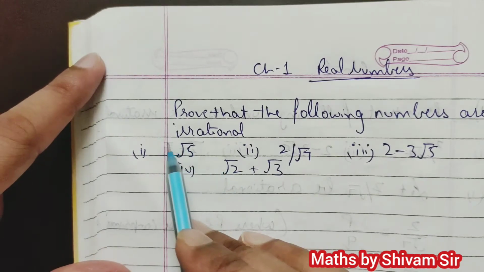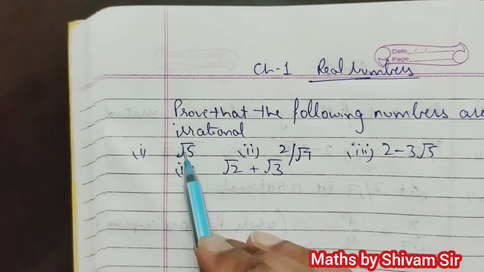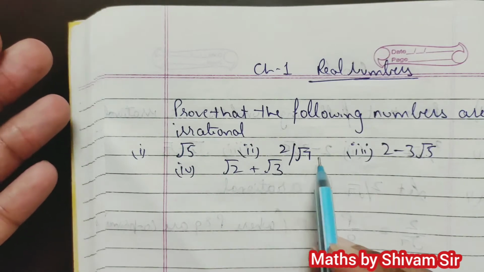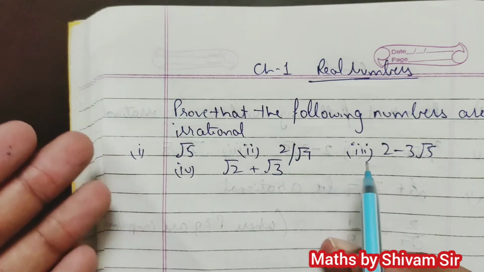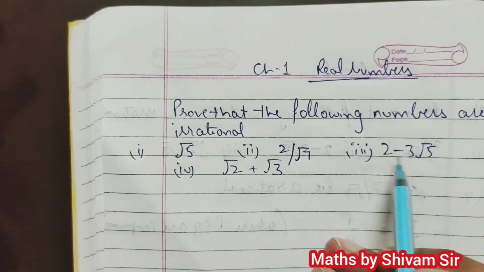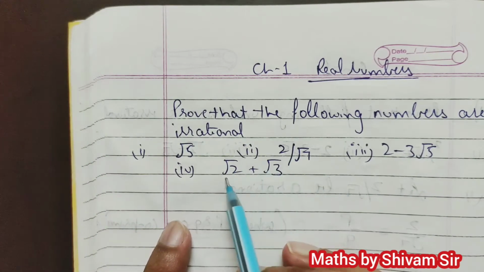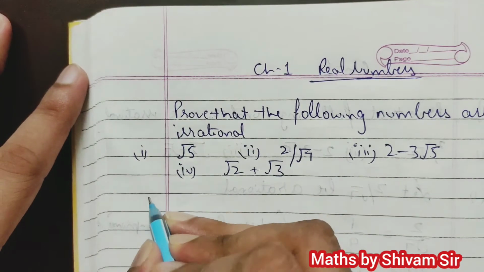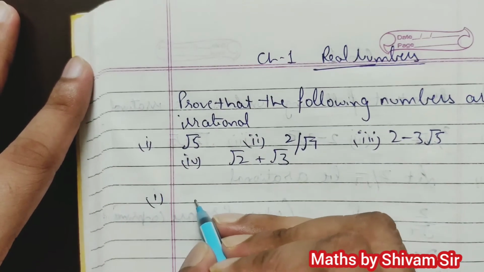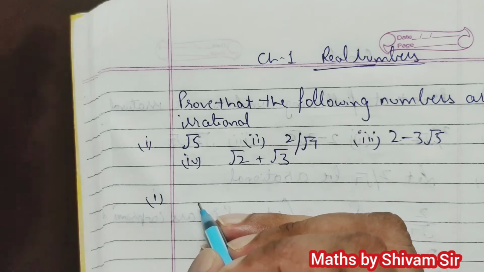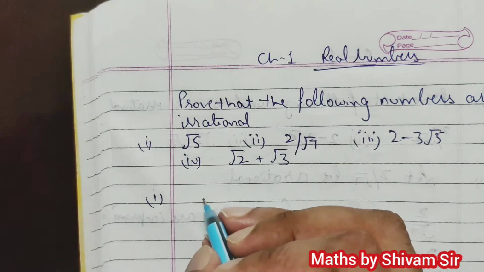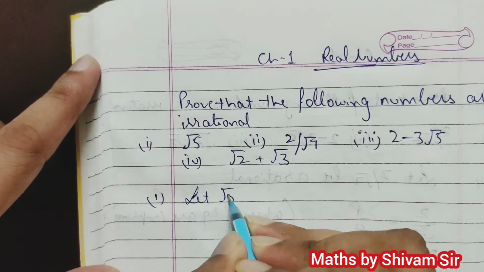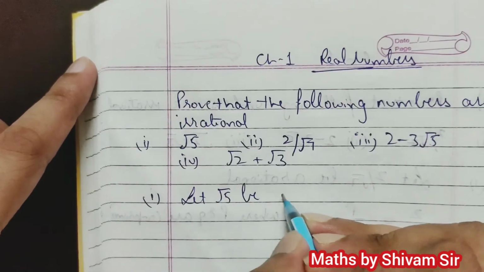Suppose if this single monomial arises, we have to follow certain steps. If this sort of question arises, we have to follow certain steps. And this is the last level of this question, which we will do at last. So let's begin with this first part, root 5. Whenever we have to prove that root 5 is irrational, or any root value to be irrational, consider it to be rational. So let root 5 be a rational number.